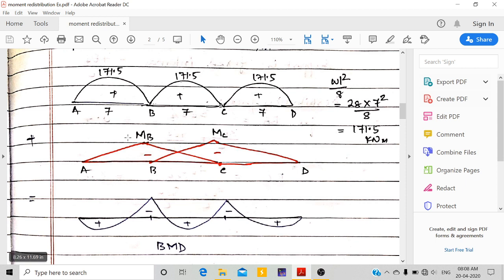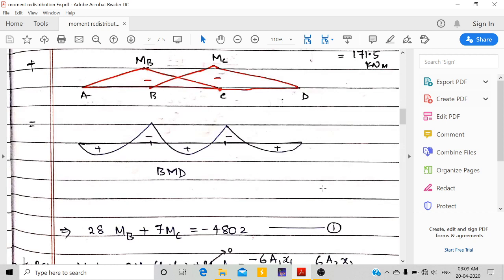continuous beam. Okay. So this is here at A, 0, 0, 0. So at this point, if you see here, moment at support, it is 0. So we'll get here MB only. Similarly, at C, we are getting MC here because here it is 0. At spans, if you see, here it is positive 171.5 minus, because it's a triangle, similarity of triangles. So at midspan, MB by 2. So at midspan we will get 171.5 minus MB by 2. So like this, this is the bending moment diagram we can get. So this is for elastic analysis.